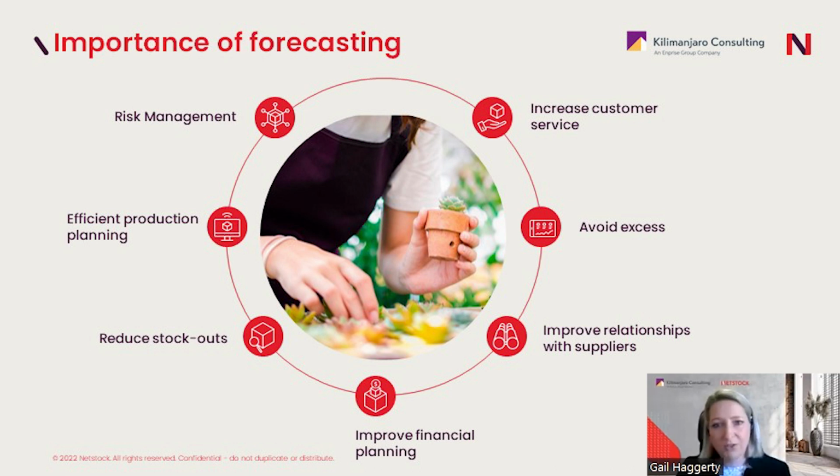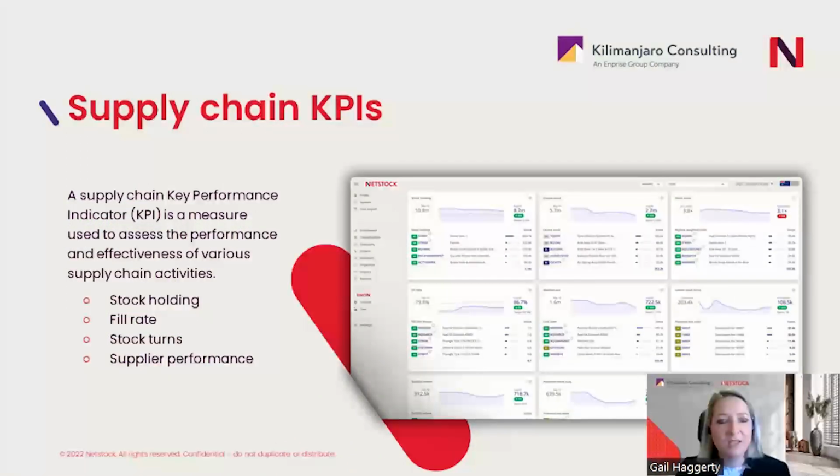What other measures should we be looking for? So we should be looking at the supply chain KPIs. KPIs are typically aligned to a business's strategic goals and objectives, and help monitor key areas such as inventory management, procurement, and customer service. With NetStock, you get full visibility to monitor and analyse your KPIs to help identify areas for improvement, make informed decisions, and optimise your demand forecasting processes to achieve better outcomes.